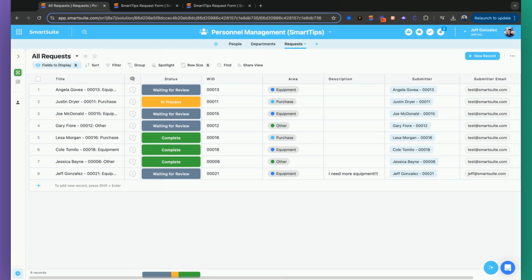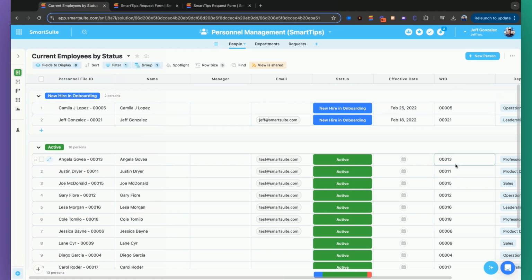In this case, I added a new table for requests because what I want to do is relate a person in my people table to a request automatically. I'm going to need them to submit some kind of information telling me who they are. And in this case, that's going to be the field titled WID or work ID, where it's a 5-character unique identifier that says who they are, right? These are going to exactly match on people and requests so that we can say, this is the person who requested it automatically. As you can see, my WID is